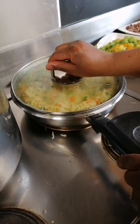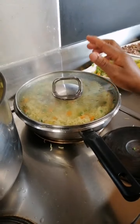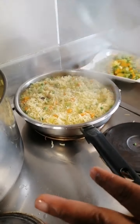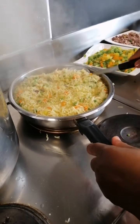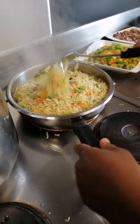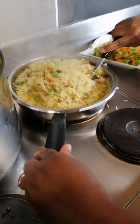What I like doing, I cover it to fry for like 30 seconds. It will fry for 30 seconds. I open it. Look, it's frying. You can see the way it's frying. You now turn it. When you turn it,